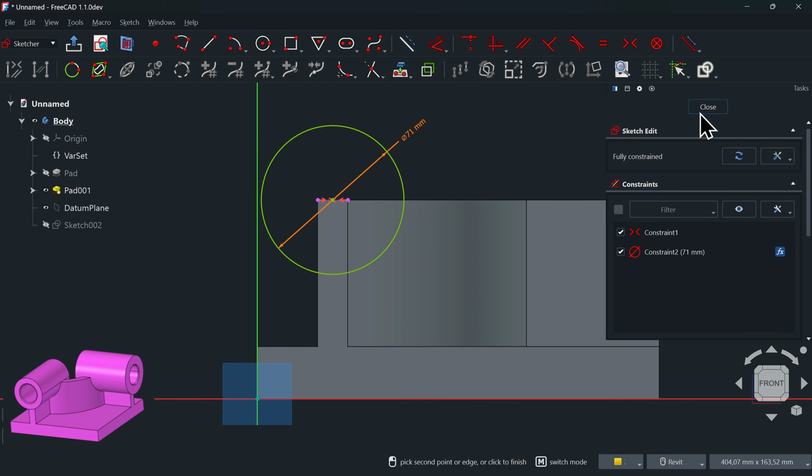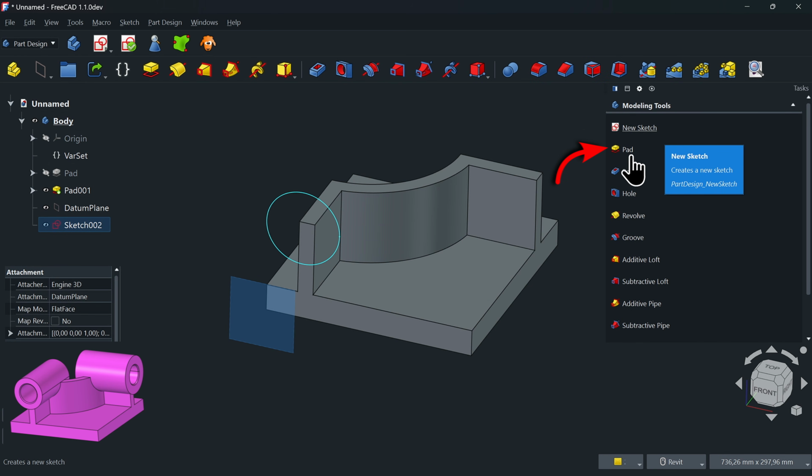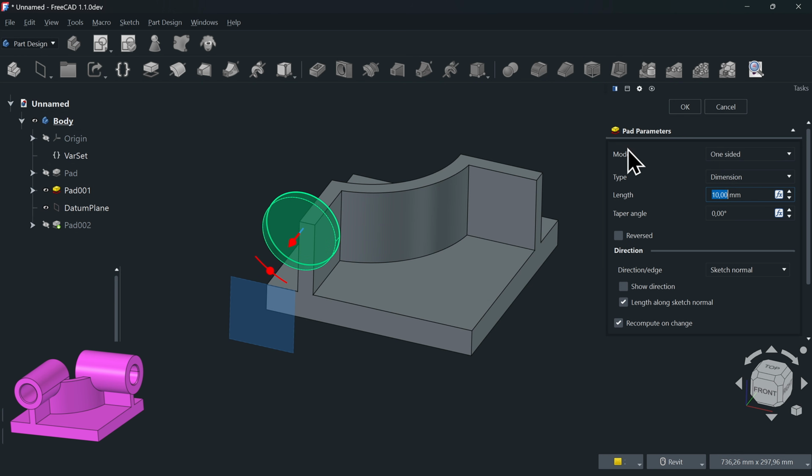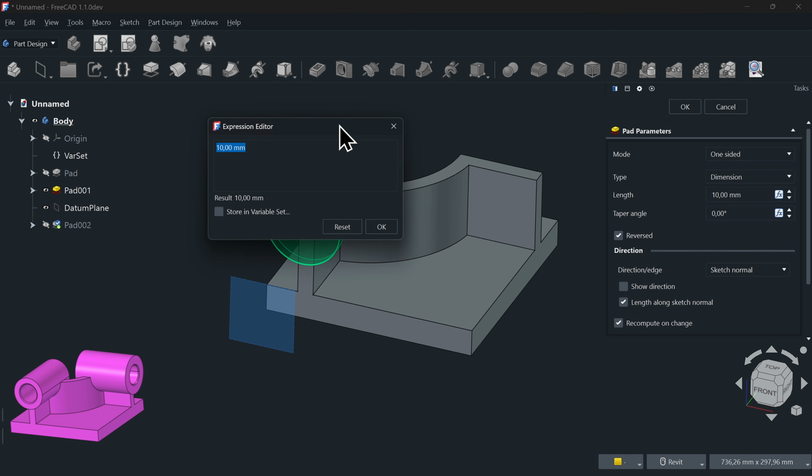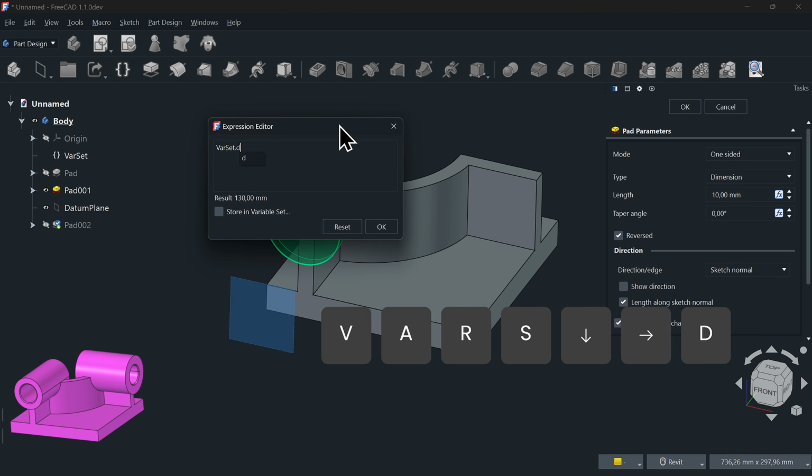We can now exit the sketch. Next, use the Pad tool to create an extrusion. Click Pad in the task panel. If the extrusion goes in the wrong direction, check the reversed box in the pad parameters. Then in the length field, click the FX icon, type varset_d in the expression editor, and click OK to confirm